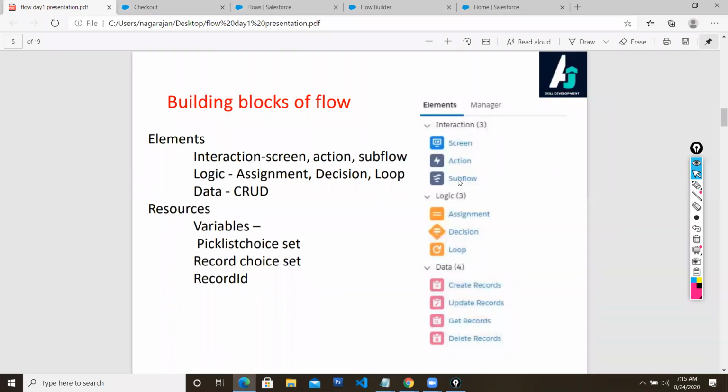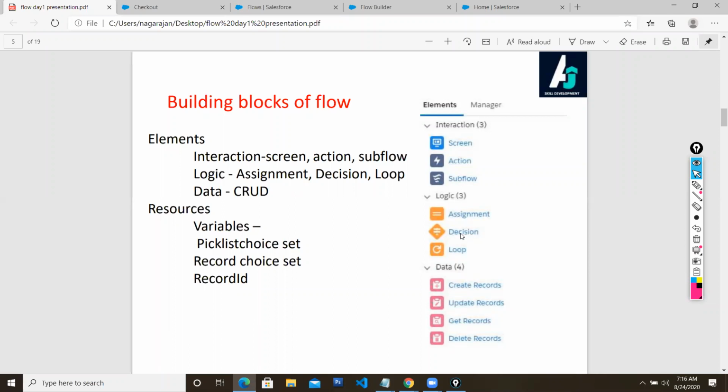You can create subflows also. And logic, this is really important. Even though you call it a flow, as a drag and drop, you need a little bit of a programmatic mind, because there might be a complex requirement. If the tax is a particular amount, if GST is equal to a particular amount, this email should be sent, or this particular functionality needs to be executed. So you have to apply your business logic. As far as business logic is concerned, these kinds of components will help you.